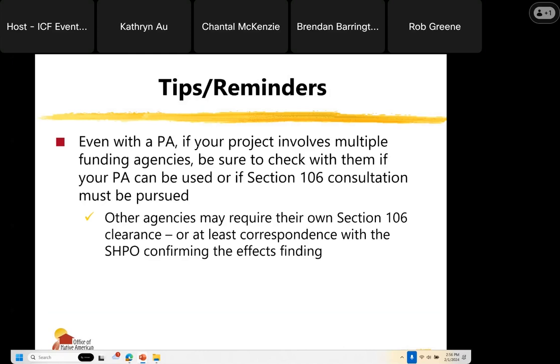Another best practice or tip, this is for bigger projects that involve multiple funding sources. So if your project involves multiple funding agencies such as USDA, BIA, Department of Transportation, Department of Energy, along with HUD funds, be sure to check with them if your PA can be used or if Section 106 consultation still must be pursued. At a minimum, a lot of other agencies require their own clearance, at least correspondence with the SHPO